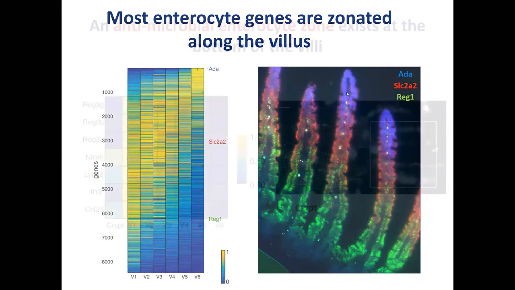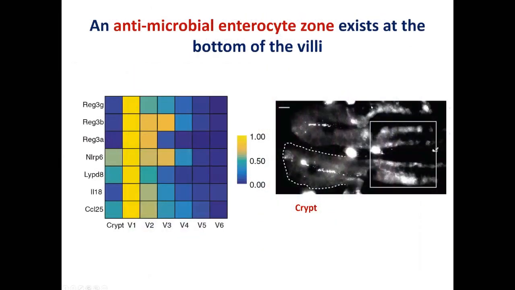I'll tell you just in a few slides about some of these zonated functions because this is published work, and then I'll move to the non-published part. So as the enterocytes exit the crypt, the first thing they do, they don't engage in absorption. They actually fight bacteria. They express antimicrobial peptides that are secreted into the lumen and presumably protect the crypt from bacteria. Remember, the crypt is the holy grail of this tissue where the stem cells reside and should be viable